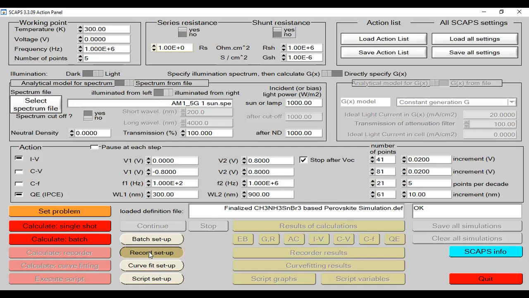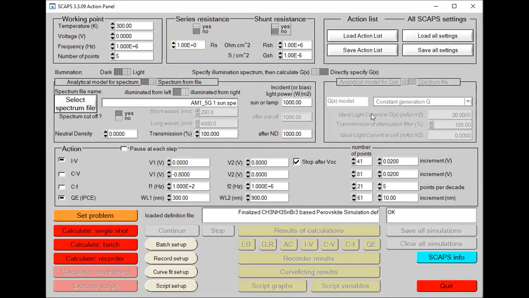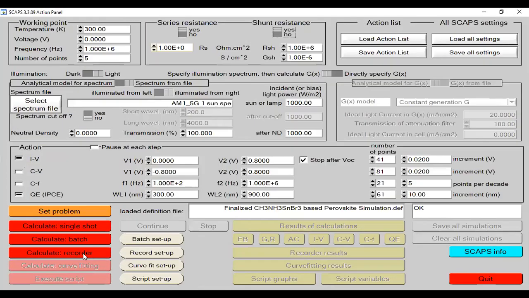Now I need to click over button OK. Now I need to start my calculate record, that is just below the calculate batch portion. I need to click over calculate recorder.